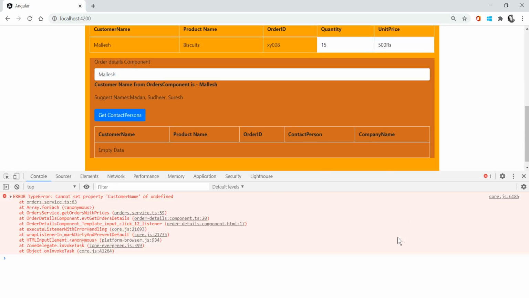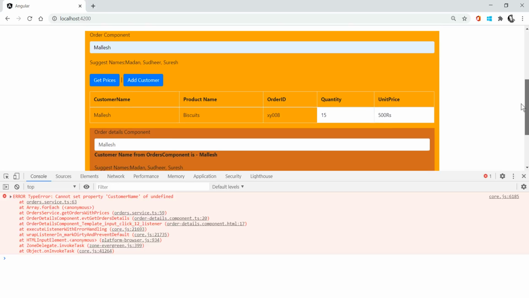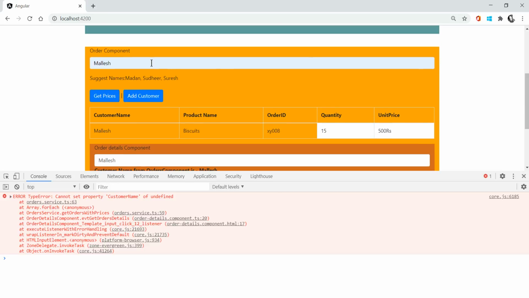The error is because I am creating two instances of the order service in this application. The order service for the orders component is one instance, and the order service in the order details component is one more instance.